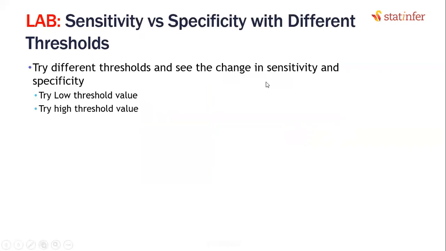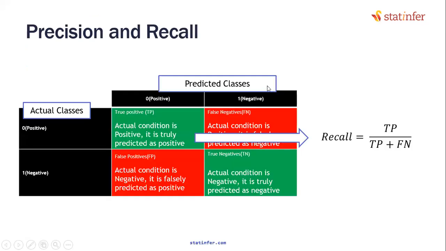Now this is called sensitivity and specificity. Sometimes sensitivity is important, sometimes specificity is important. There are different names for it. Earlier we called them sensitivity and specificity. Now I'm going to give you a set of more formulas. I'm just going to introduce new names, but the formulas will be very simple. Sensitivity is known as recall of class 0. Specificity is known as recall of class 1.